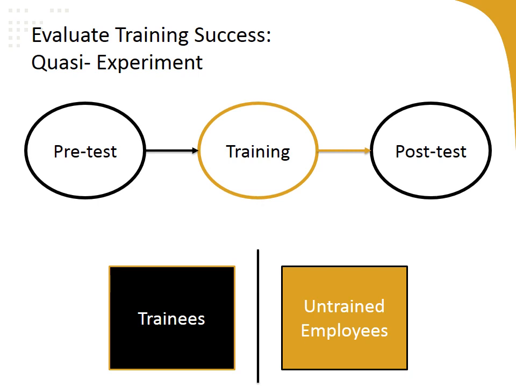There's no way to control for events other than the training that took place between the pre-test and post-test. So for example, let's say that Zappos implements a new customer service training program that's really aimed at strengthening relationships with customers. And the training emphasizes the importance of asking customers casual questions to get to know them and their needs. So 6 months after the training, Zappos researchers examined the change in customer satisfaction, and they find that customers feel less connected to their sales reps after the training.